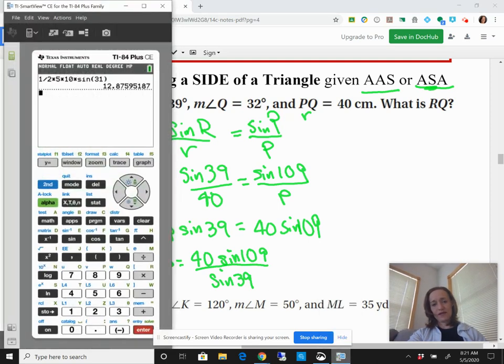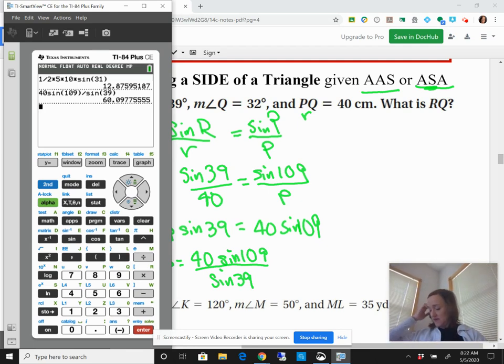So let's go ahead and do that. It's going to be, and I'll try to do better than I did the last time, 40 sine 109, divided by, and you have to end parenthesis after that 109, otherwise that next sine is going to be embedded in the first one. You don't want that. Sine of 39. Enter. You get